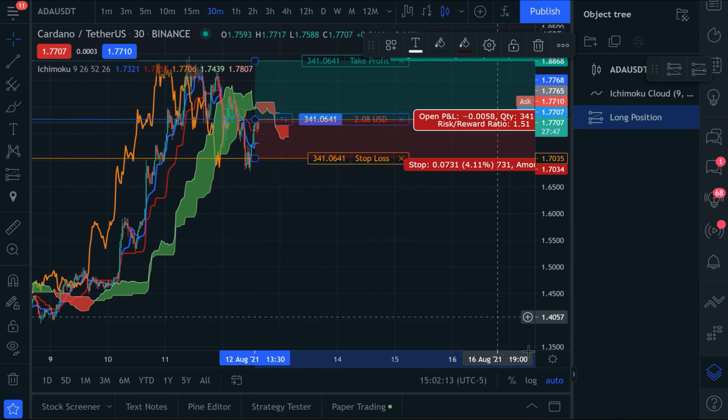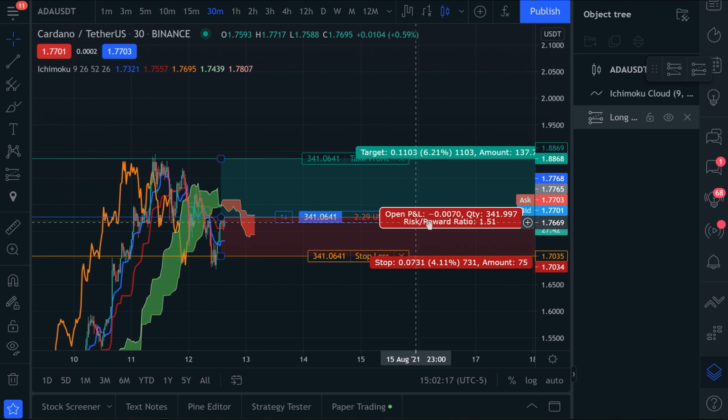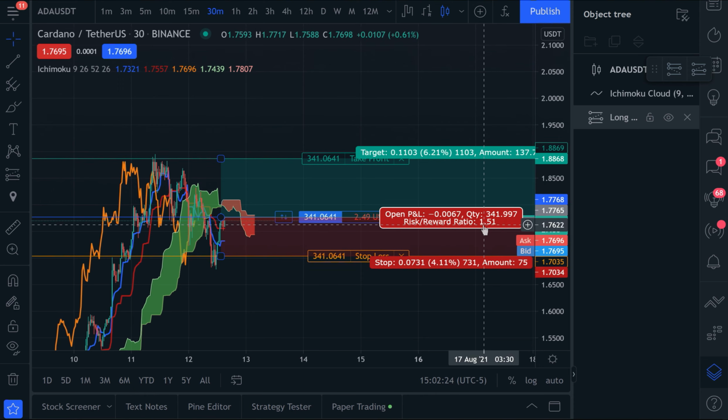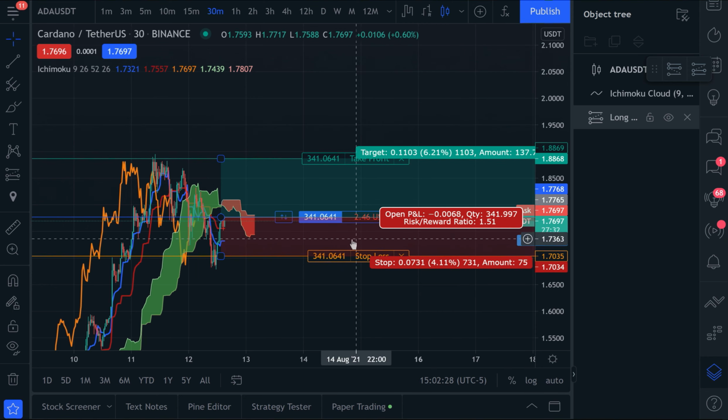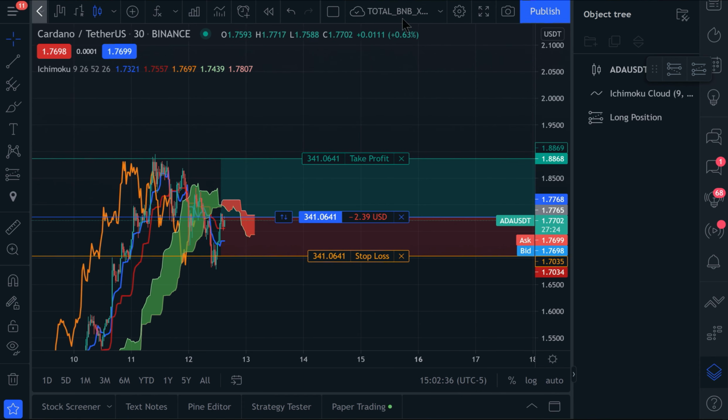It's very important to do this on paper trading because every asset could have a different optimization of risk reward ratio in different conditions. So we will collect much information to get the points for each case that we are going to trade. Now we will save it to avoid losing, and we will switch back to